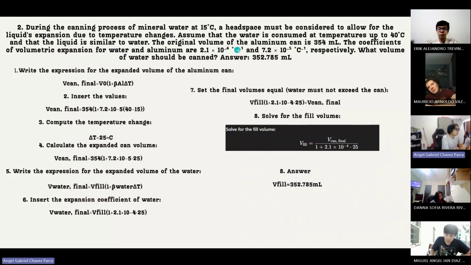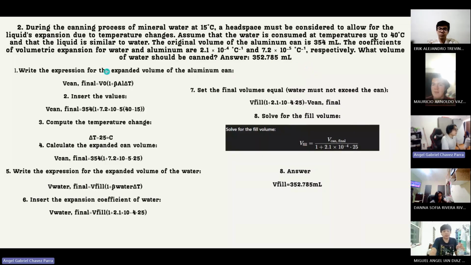The original volume of the aluminum can is 353.4 ml. The coefficients of volumetric expansion for water and aluminum are 2.1 by 10 to the minus 4 and 7.2 by 10 to the minus 5 respectively. What volume of water should be poured in? Answer: